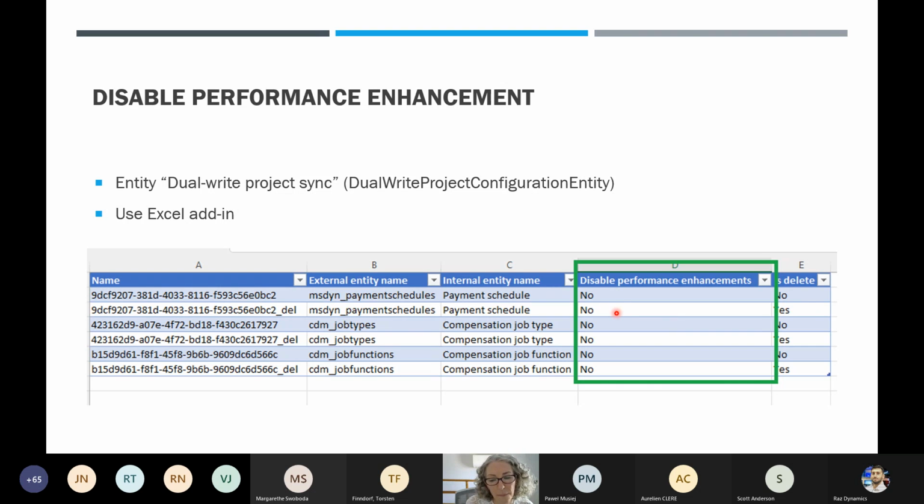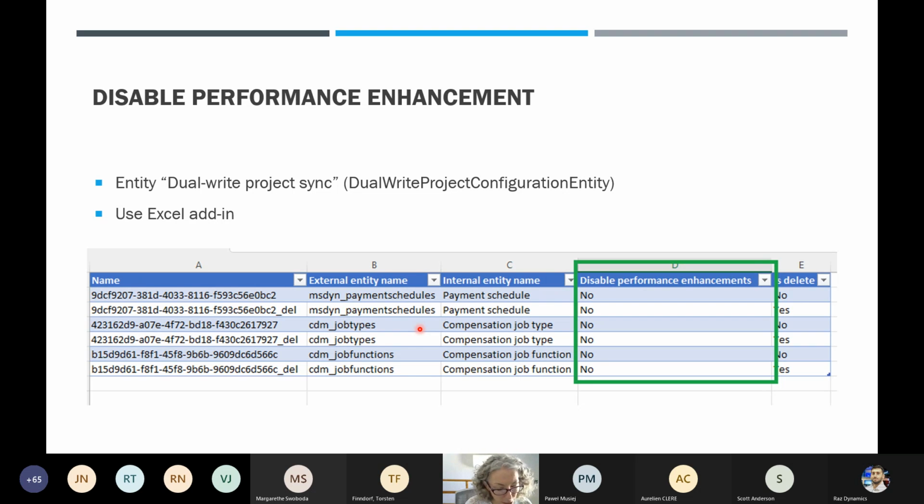Well, what the performance enhancements would actually do is this: on the payment schedule map, the way dual write works, if we look at the F&O side, is if I have a payment schedule and then I modify a field on the payment schedule, then it triggers dual write. It comes to this table, this dual write project sync, and then